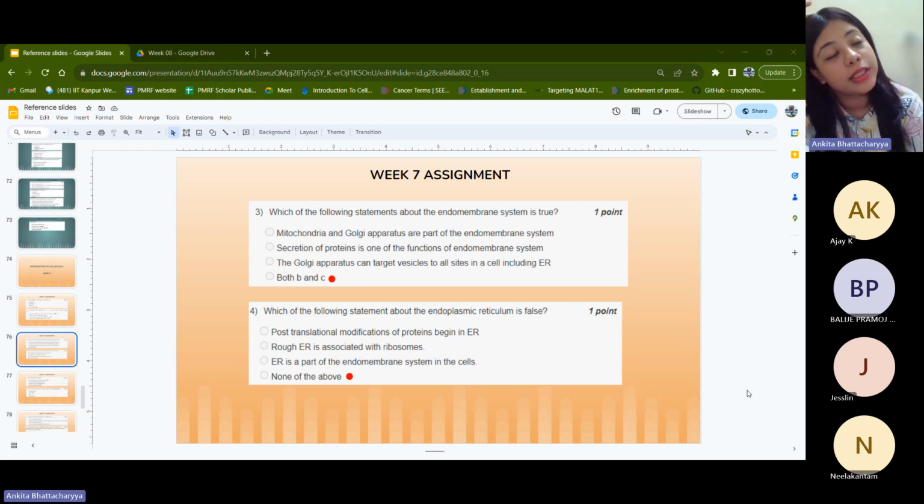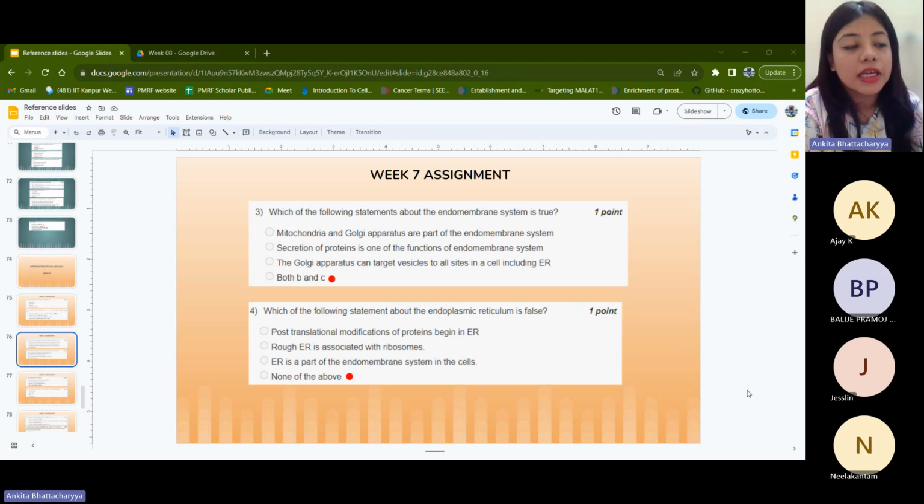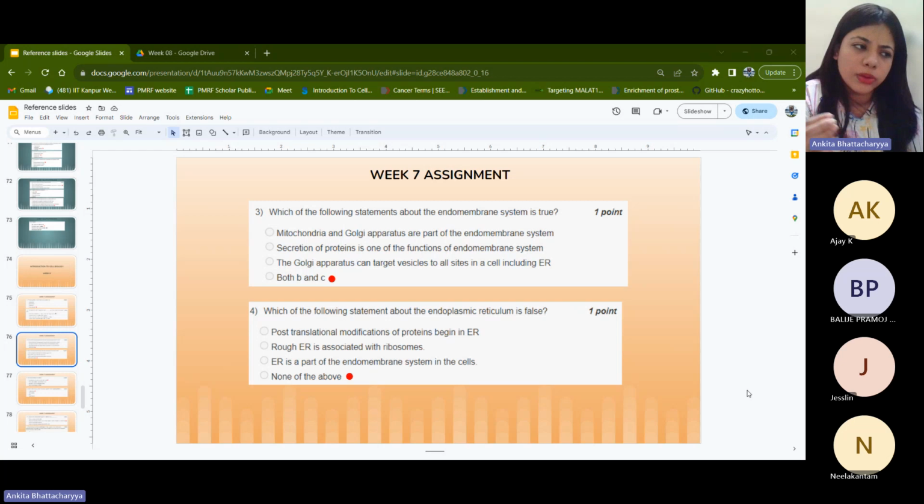One common example, if you need to think of glycosylation, is antibodies. Antibodies are polypeptide chains, or proteins basically, and they need to carry the glycosylation because it is essential for them to be soluble within the physiological system. That glycosyl group is crucial for their solubility, and therefore it shows how the attachment of a simple group can have so much impact on how functional a protein may or may not be within a system. So post-translational modification of proteins does begin in the ER. So option A is correct.